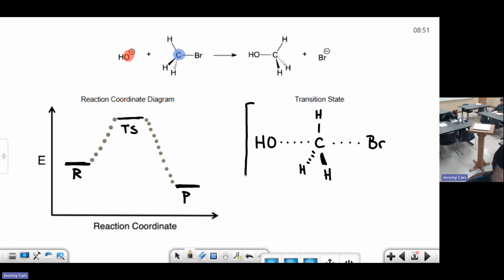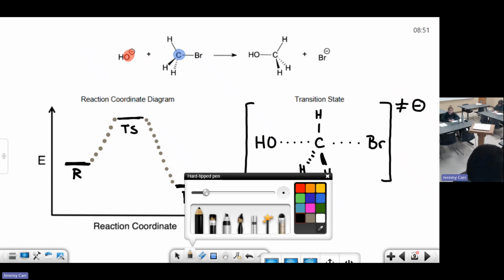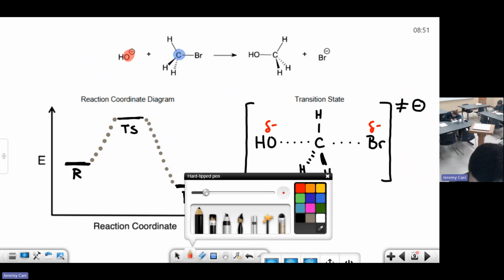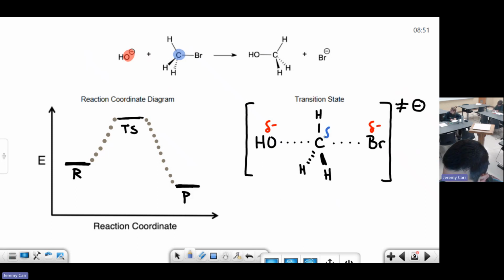This whole thing, we never isolated, by the way. You can't isolate a transition state. But this is what our transition state looks like. Now, we symbolize transition state with a double dagger like this. And we're going to also put a little negative charge in here to indicate that you actually have negative charge throughout the system. And you go, well, where is that negative charge coming from? Well, it turns out in this case, you have partial negative charge on the oxygen. You have partial negative charge on the bromine. But then that's all balanced out with a little bit of partial positive charge that's actually on the carbon right here.